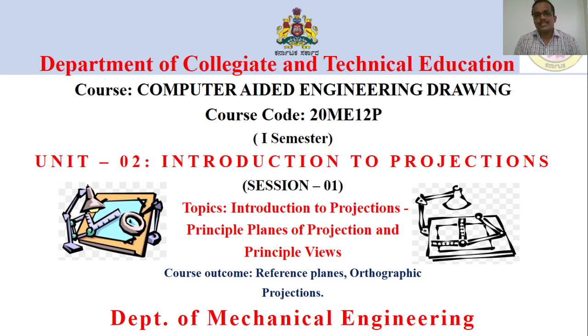And in Unit 1, we learnt so many things which is very basics for the engineering drawing. Like what are all the different instruments we have, as well as we understood what is the use of thin lines, different thick lines, hidden lines, and then we learnt what is scaling, then we learnt what is the different types of dimensioning, what are the different types of dimension systems like aligned dimension systems, unilateral dimensioning system, as well as we discussed chain dimensioning as well as parallel dimensioning, and at the end we learned how to draw the